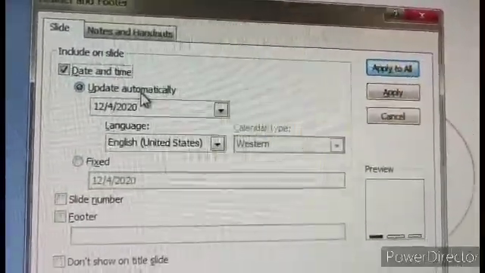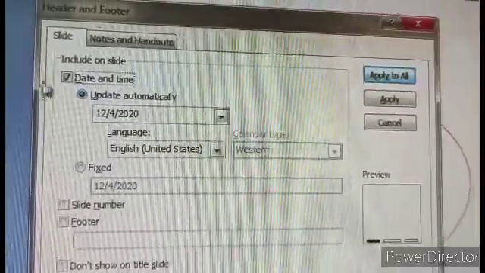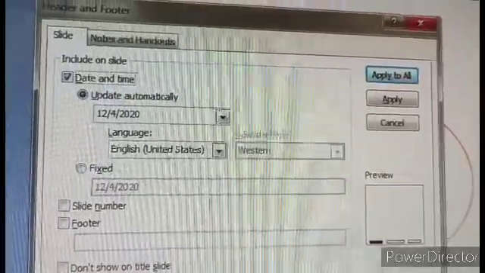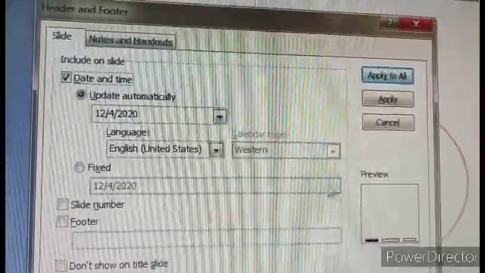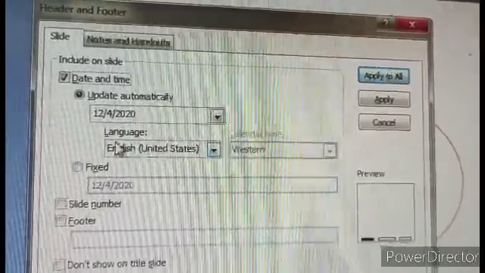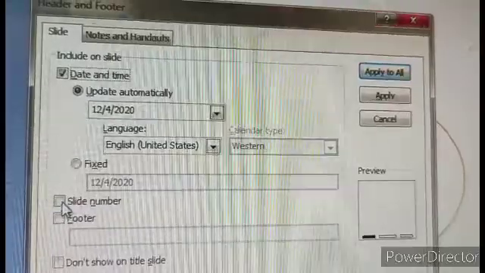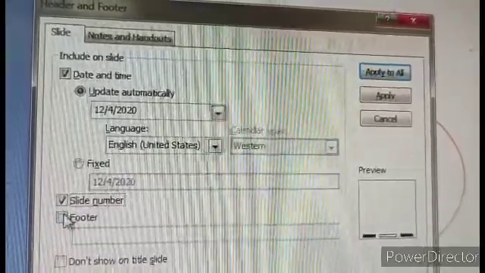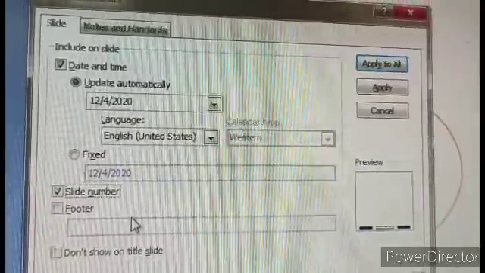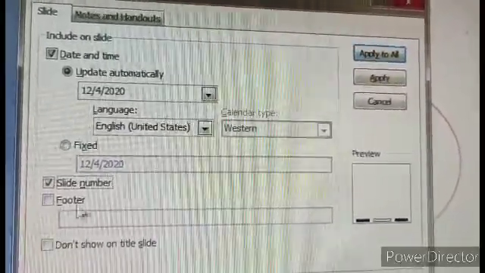Suppose tomorrow the date will change to 5, the day after tomorrow 6, this way. Then there are calendar type, Western, which you can change, and language, which will be English. Slide number will come like a page number. So I am just checking it. This is the first slide; it will come downward as 1. The second slide will be 2.